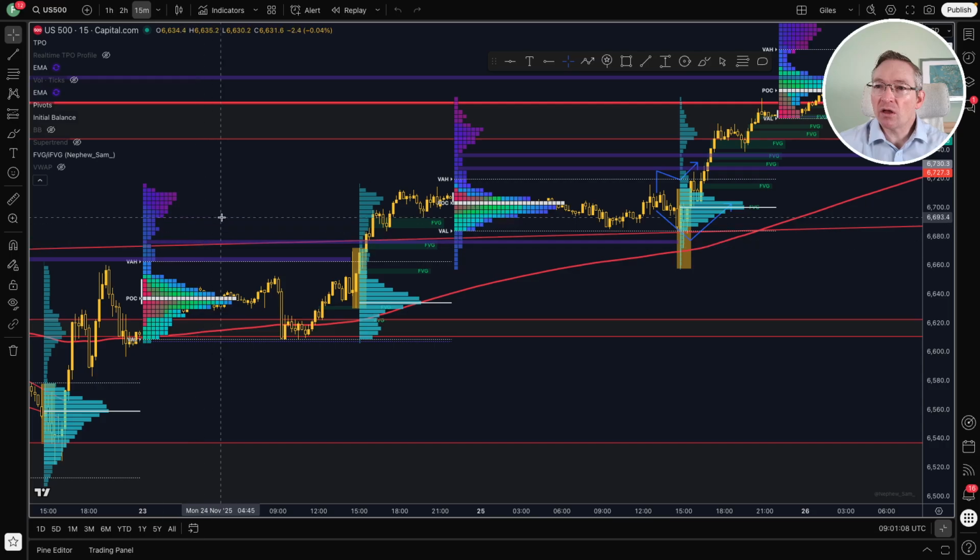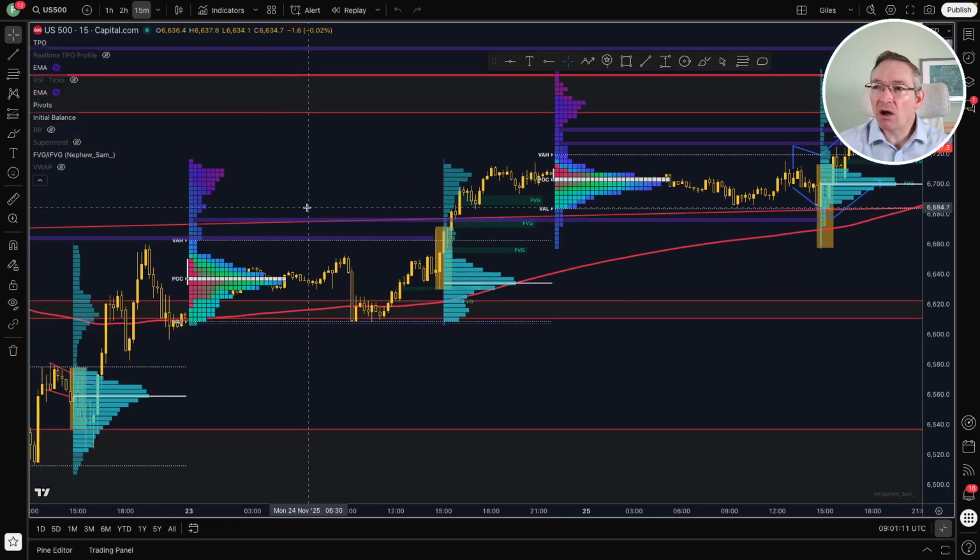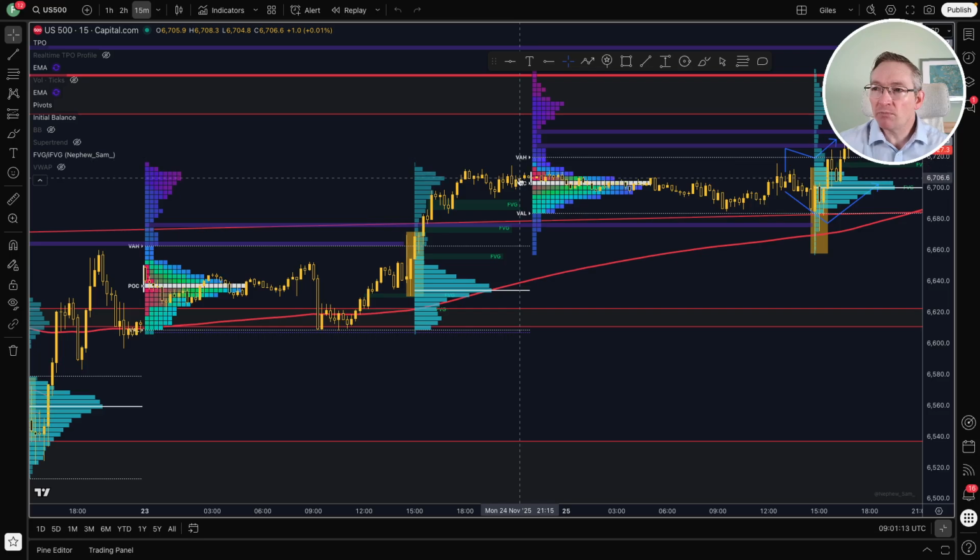So you'll notice these markings, VAH, POC, VAL, right? Now that is called the value area high, that's called the value area low, and that's called the point of control. Now the value area high and the value area low is the 70% distribution of TPOs occurring during the session. So in other words, during this session, say on